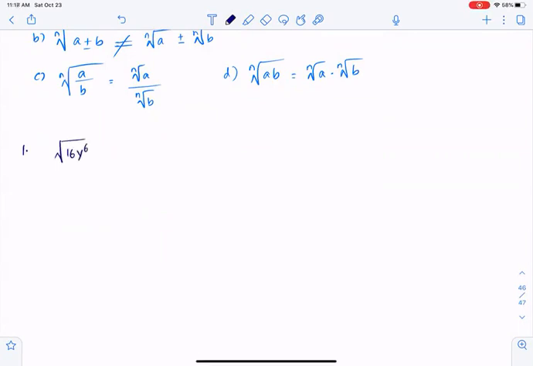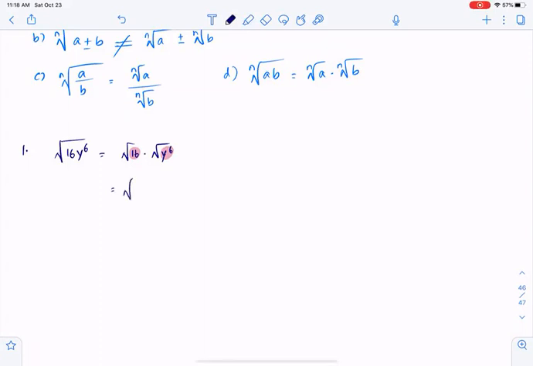So square root of 16 over 16 times y raised 6. Now I can write this as square root of 16 times the square root of y raised 6. You always try to write the number or expression inside the radical in powers of the root that you're looking for. Here, I'm trying to find the square root, so